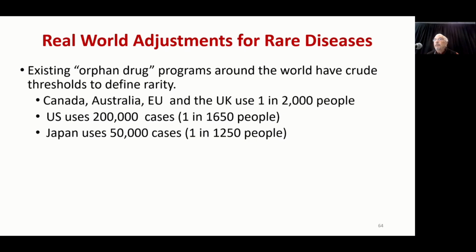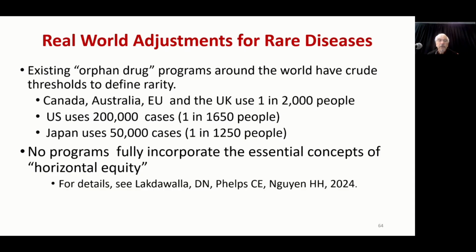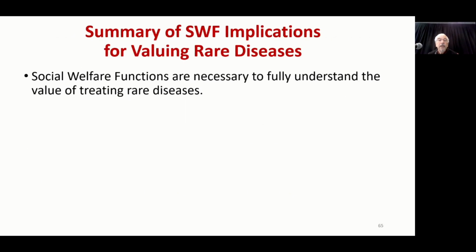So they're a much more inclusive measure for rare diseases than the US or UK or most of the other nations in the world. But it's this threshold that's either yes or no, and it does not take into account fully the horizontal equity concept. So one of the things I would hope to do is we find ways to get people to think about a broader interpretation of rarity and something more than this yes or no implication of rare diseases. There's more of this in the paper that Darius and I and another colleague wrote.